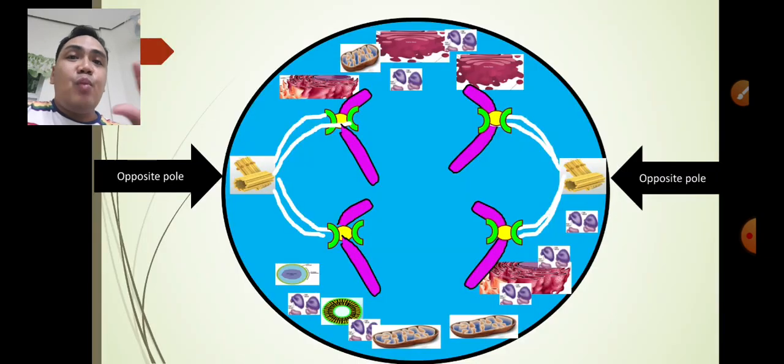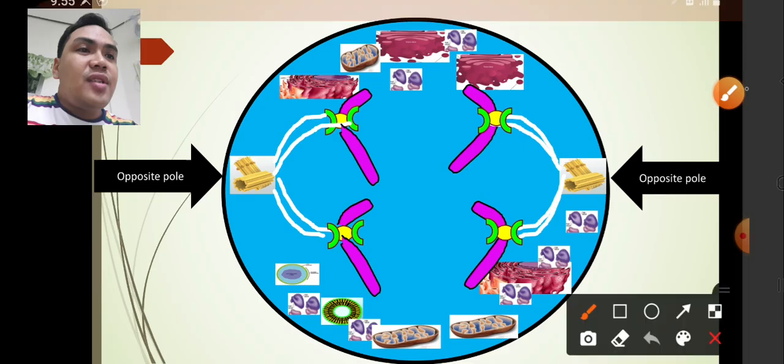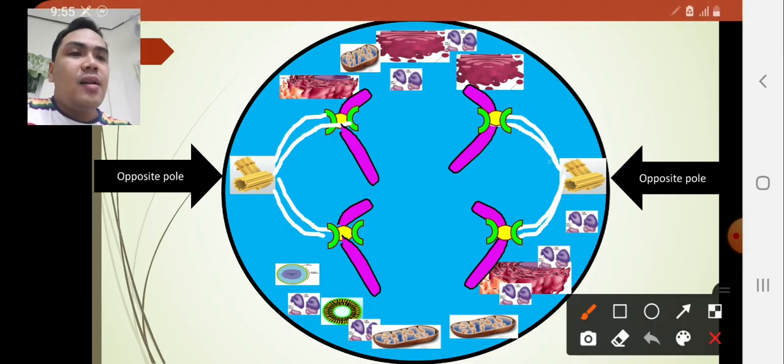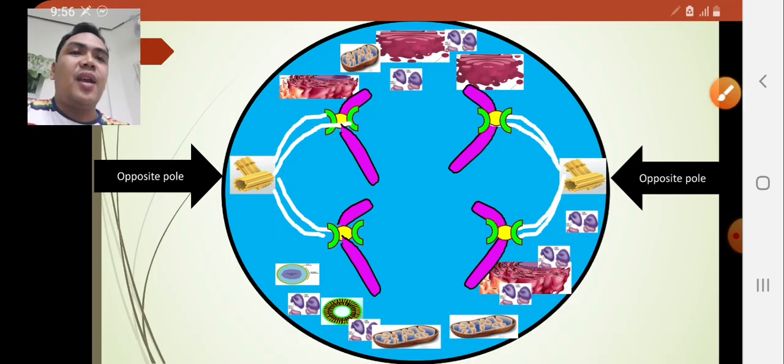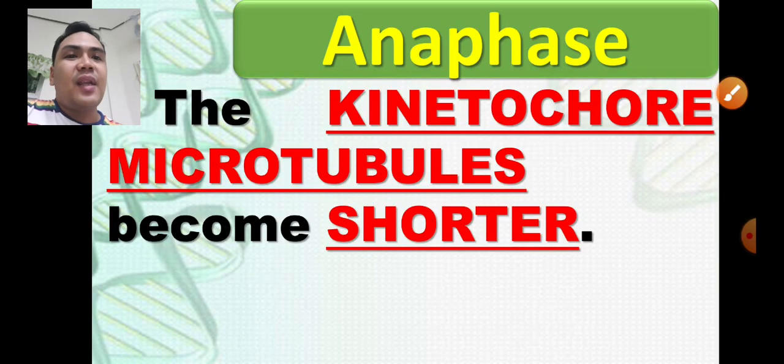And as they move towards the opposite poles, what can you say about the length of the microtubule, as compared to the previous examples? As you notice, the microtubules become shorter when it comes to their length. So the kinetochore microtubules, or those microtubules that are attached to the kinetochore, become shorter when it comes